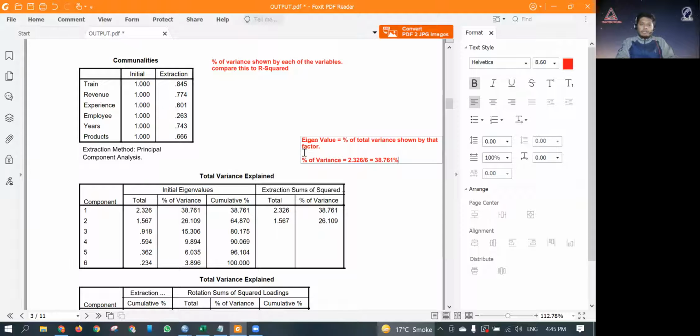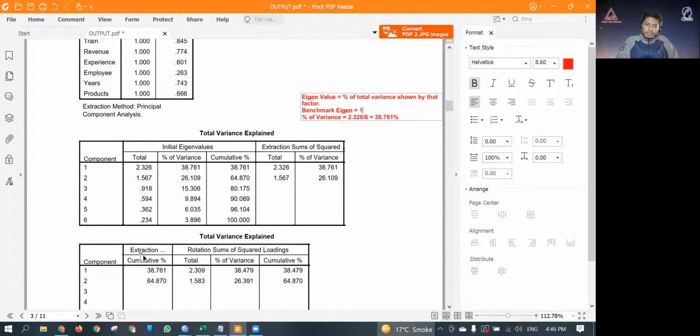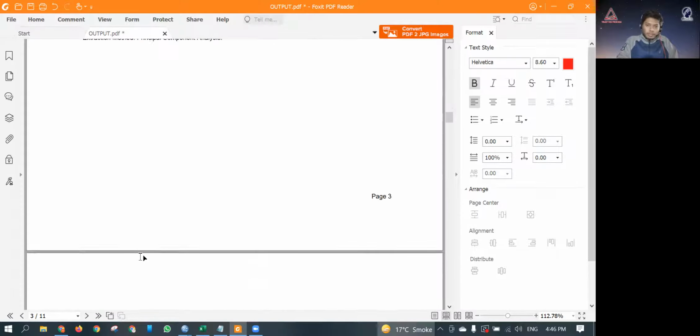And if you remember, the eigenvalue benchmark we used was 1. Wherever the eigenvalue exceeds 1, that will be considered for a component. Here you can see that there are two values that exceed 1. That's why, going further down, you can see that there are two components given over here.